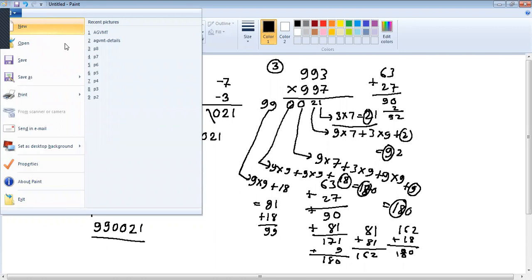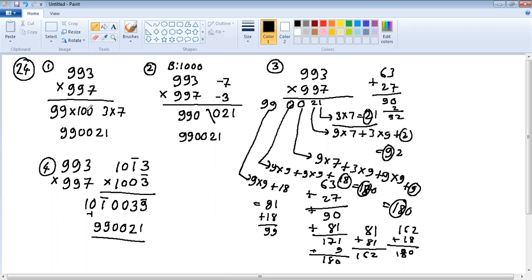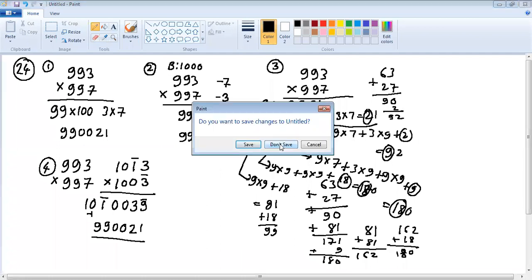Those who know this, you can use it. That is allowed. But as this is not in the syllabus, I showed you 4 methods. But those who know, you can definitely use it. But you should indicate the steps. See, finally it says you use different Vedic methods. So it is a Vedic method, so it is allowed.